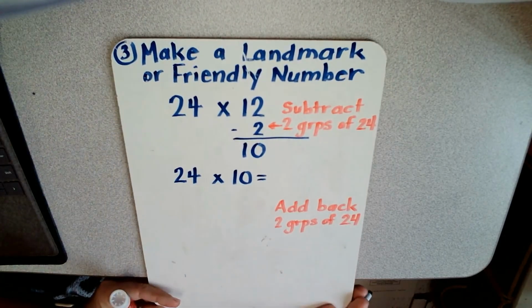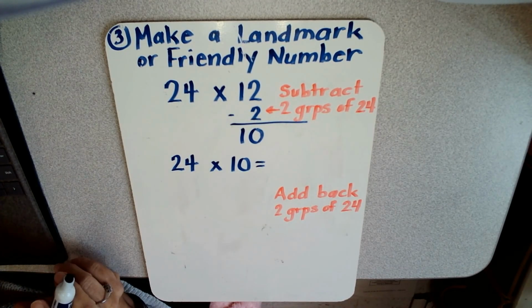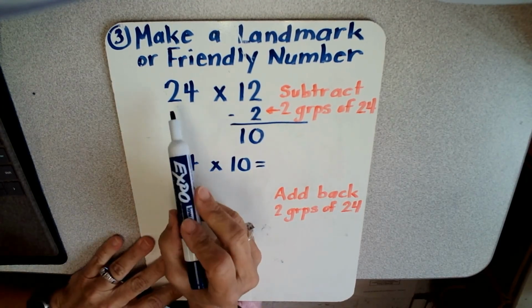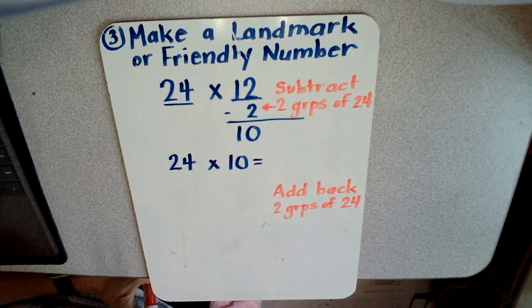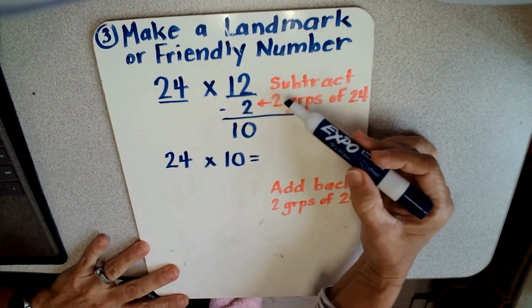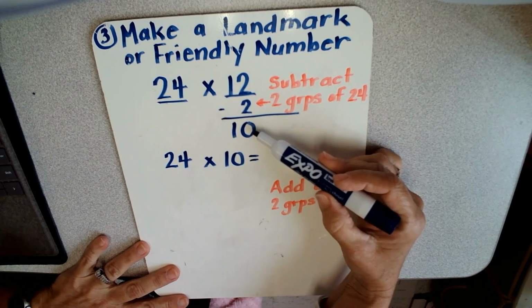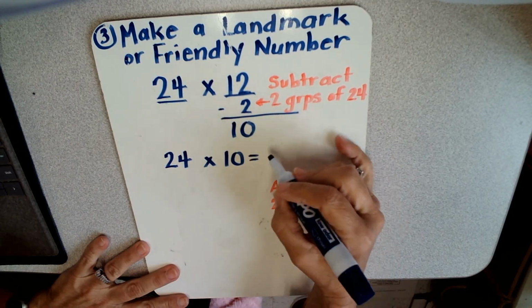All right, and the third method that we're going to do today is make a landmark or a friendly number. For example, I start with the same problem, 24 times 12. Well, 12 is kind of a challenging number to work with. So I'm going to subtract 2 groups of 24. Now I have 10 groups as my factor. 24 times 10, we know, is